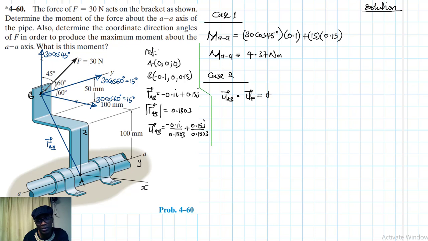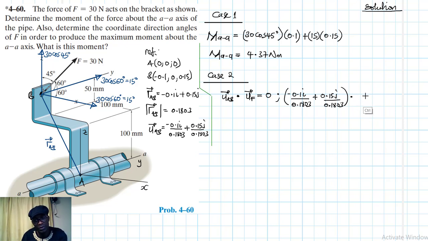We are saying this is supposed to be equal to 0. Okay. So if UAB is minus 0.1 I divided by 0.1803 plus 0.15 J divided by 0.1803, and this particular line has a negative slope,